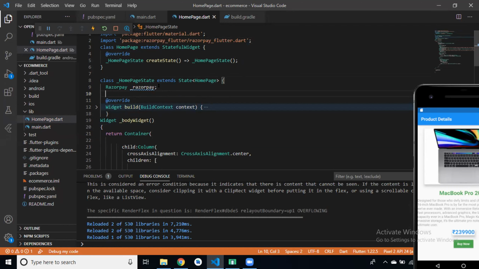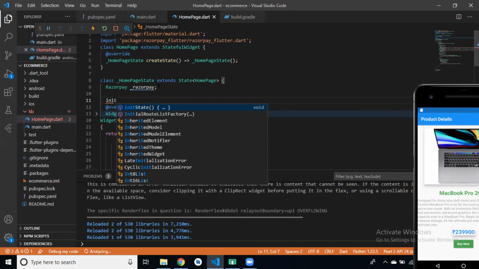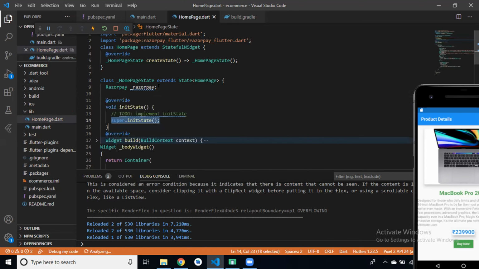Where can we initialize this method? For initializing purpose, what will we use in Flutter? Init state method. Init state method is used for initializing the object.